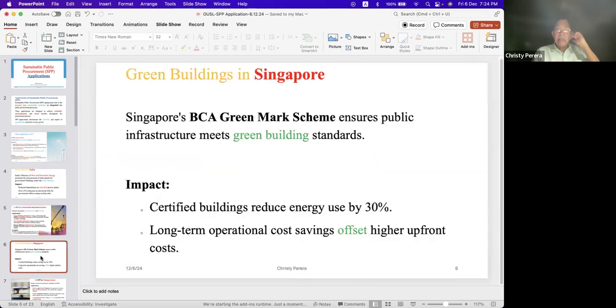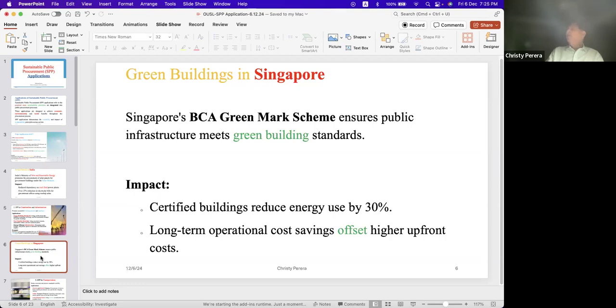And also I can take another example in Singapore, very famous Singapore, related to sustainable public procurement. Here we are talking mainly about sustainable public procurement. Green buildings in Singapore, not only Singapore, I told you all last time, Dubai also, they have green buildings. If they have that LEED certification or a similar construction certification, they can call it a green building.